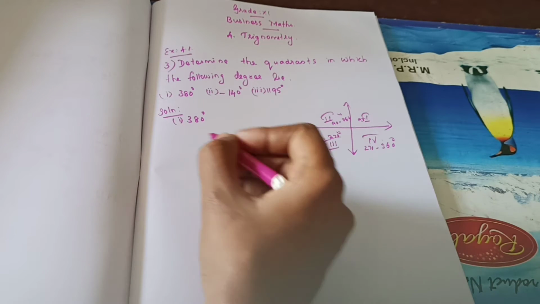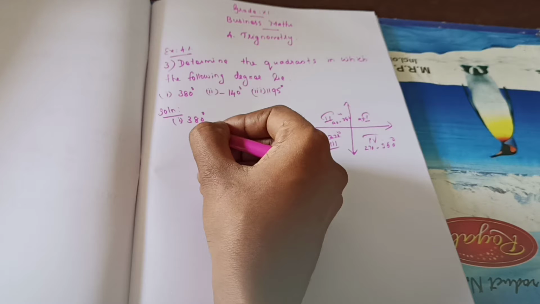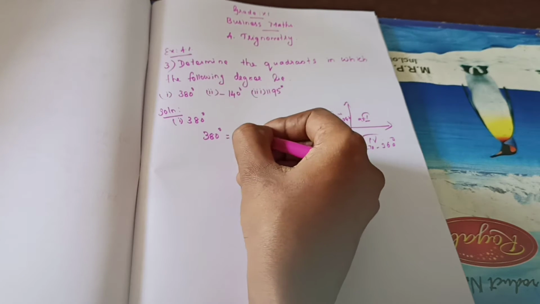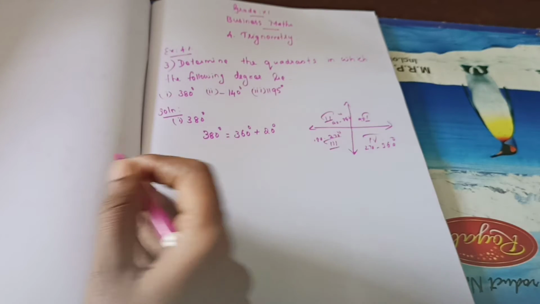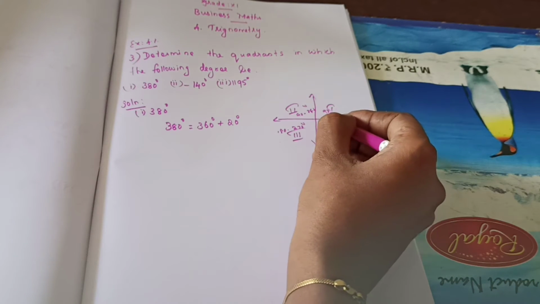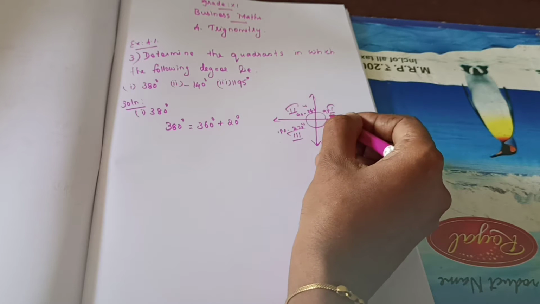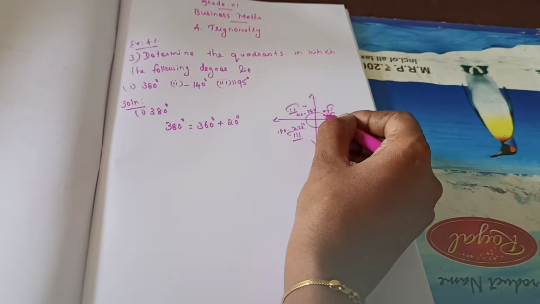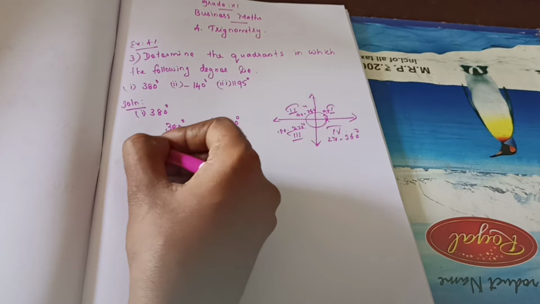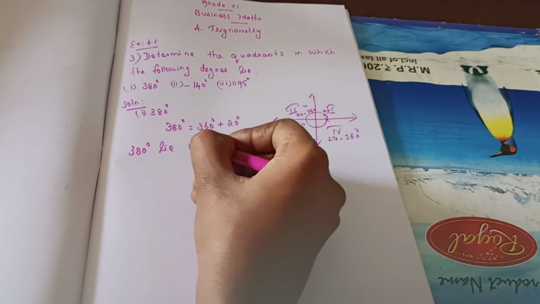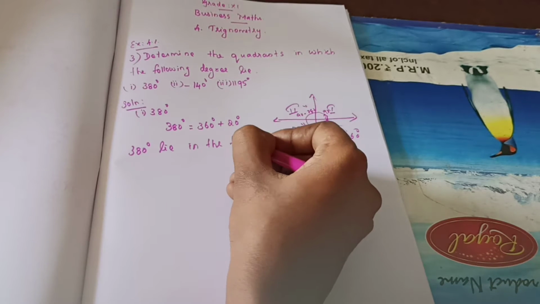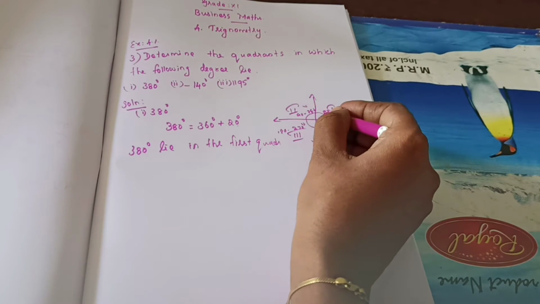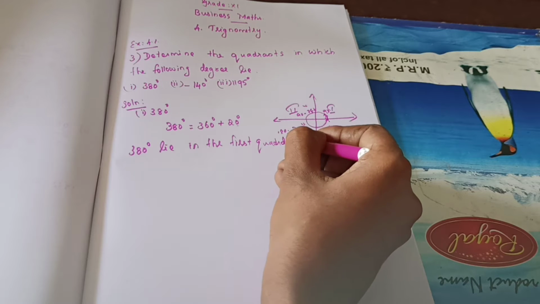So this one, 380 degree, how will I write it first? 380 degree can be written as 360 plus theta, so 360 plus 20 degree. From here to here means one completion, so up to here it will be 360. Again 20 you need to move from here to here. So where will it be? 380 degree lies in the first quadrant, correct? Yes or no? Up to 360 here, again 20 you need to move. So 360 degree plus 20, it is the first quadrant.